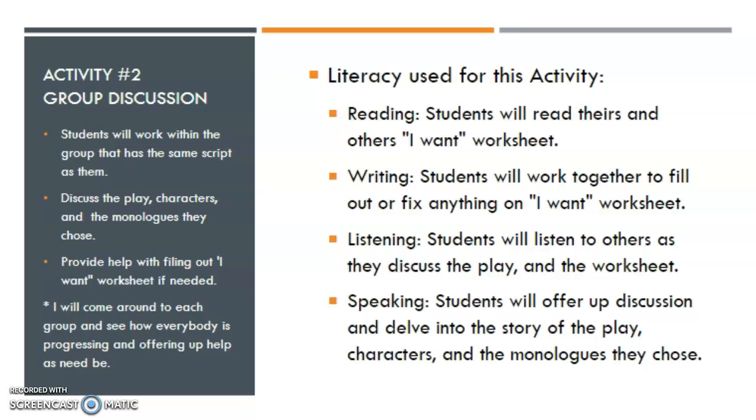And speaking, students will offer up discussion and delve into the story of the play, characters, and the monologues they chose. So this will just be a really great time for them to take a moment and debrief together and process the play a little bit. And I'll come around and make sure that they're on topic, and if they need any extra help, I'll be